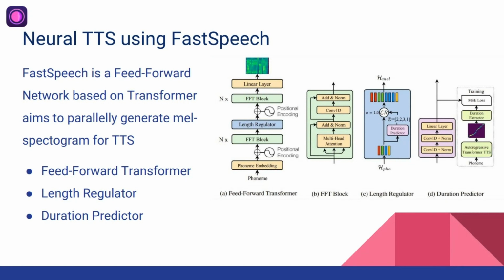Some research shows that using transformers by itself doesn't provide the wanted accuracy or naturalness of the output. So they developed a FastSpeech architecture for the English language that implements transformers with additional features to help get more real, natural synthesized speech. And this FastSpeech has three main components: feed-forward transformers, which has multiple layers of encoders